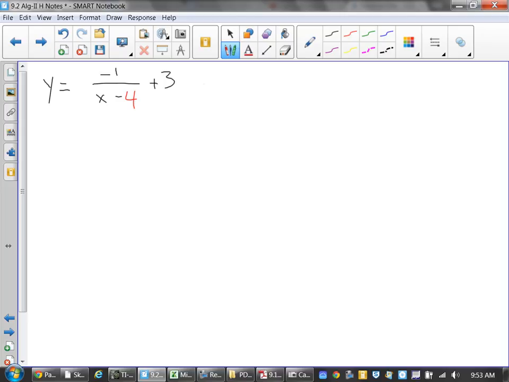So, once again, when you go to start these things up, just identify the parts. Just like I'm a strong advocate of identifying everything that you know. It makes your life so much easier. Plus, there's a reason why I'm asking you to continually do this. When things get difficult, when we have to graph, like, I don't know, trig functions, knowing how to identify parts can make your life so much easier. Okay? So your A value is -1, your H is 4, your K is 3. Where are your vertical and horizontal asymptotes? 3 and 4. Which one's horizontal, which one's vertical? 3 is horizontal. Good.